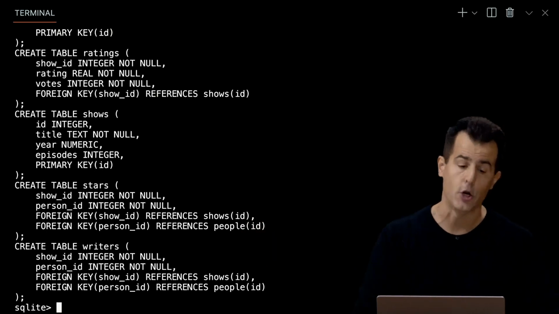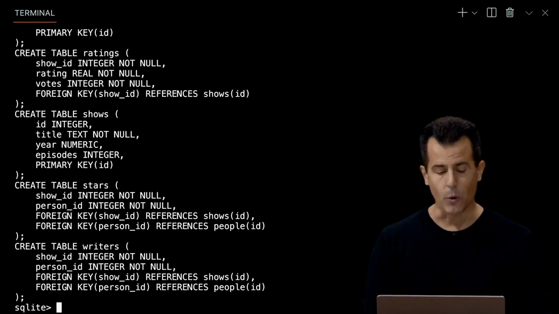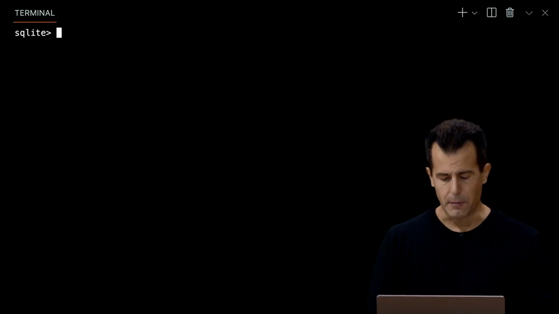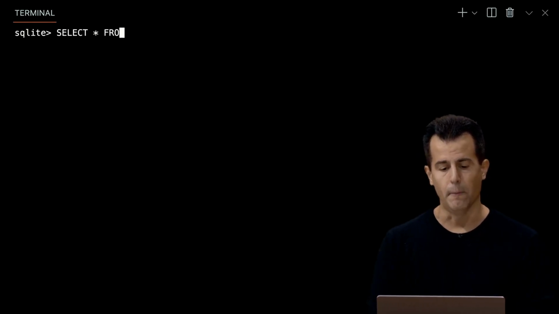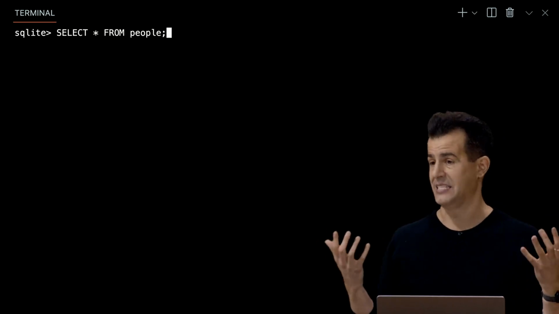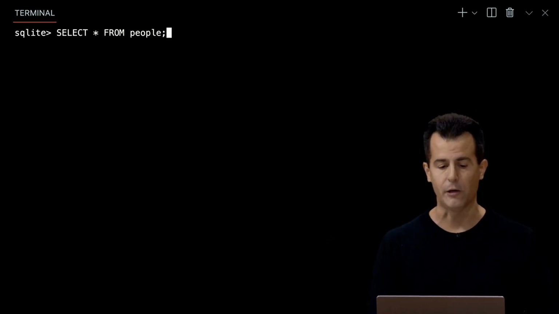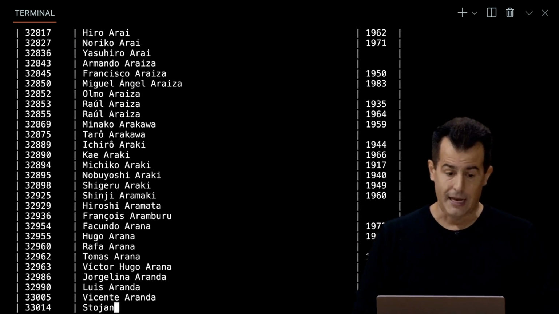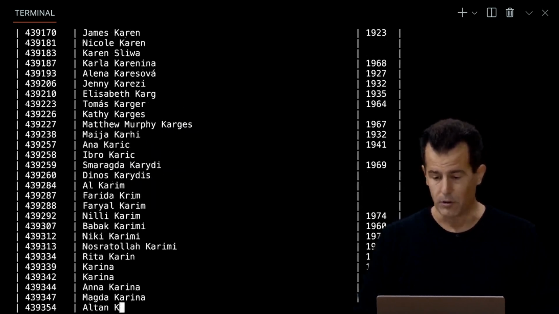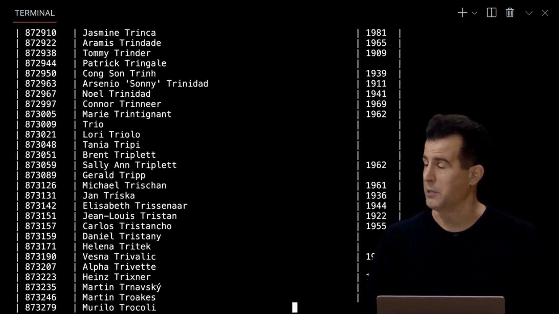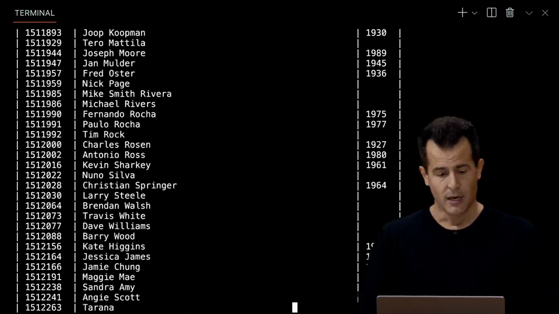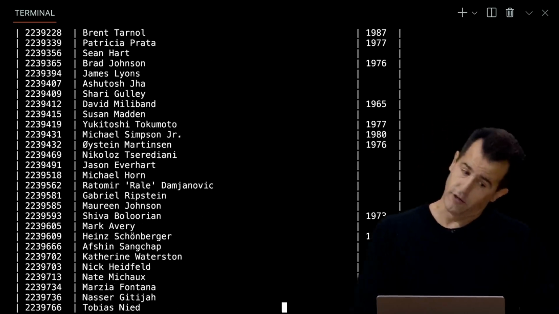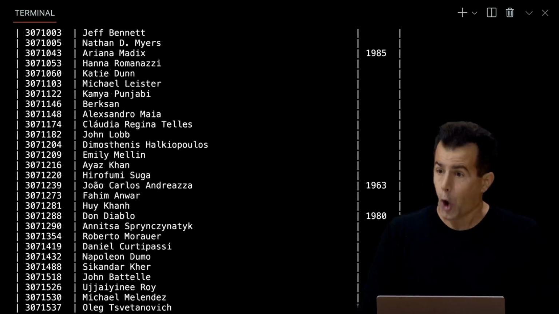OK, this is interesting. I know what people are. Let's go ahead and show me all the people. So select star from people. I'm just trying to wrap my mind around what this data set looks like in a more user-friendly way. OK, that's already a lot of people. As you see the years flying by, there's been a lot of people in the TV business. So this was maybe not the best query to run, but this is indicative of just how large this data